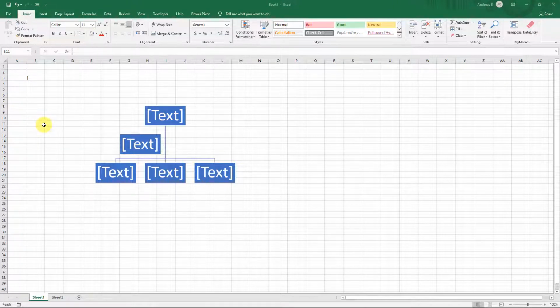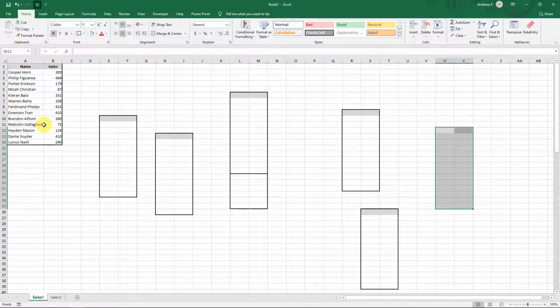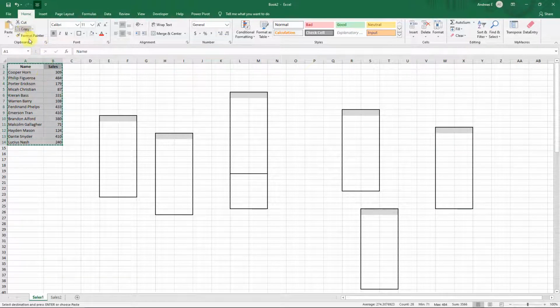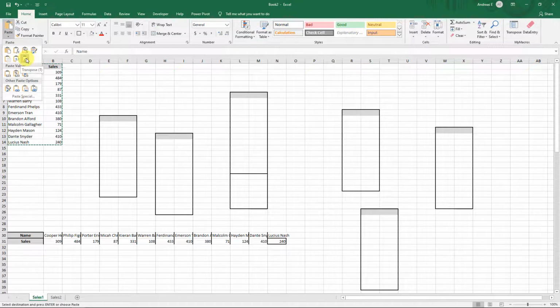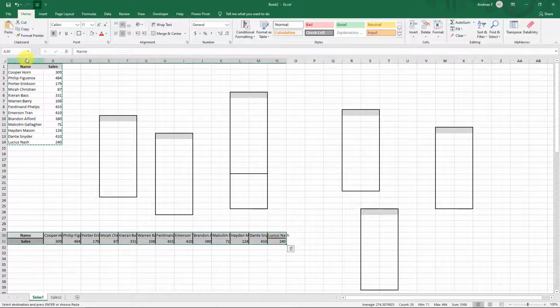Suppose you want to see the names in columns and sales in rows. Would we type the data again? No. Instead, we can select the data, copy it, and come to any empty area and select Paste and then Transpose. You can always fix the alignment if it gets messed up. Now select the new data table and press the Clear All button. Alternatively, you can also clear formats alone, etc.